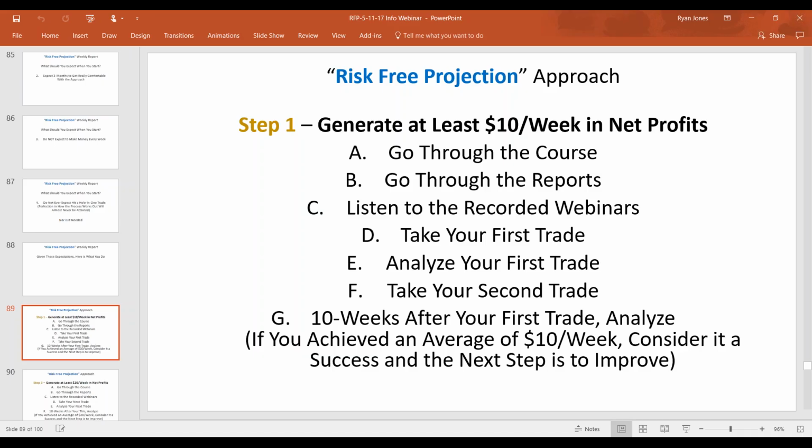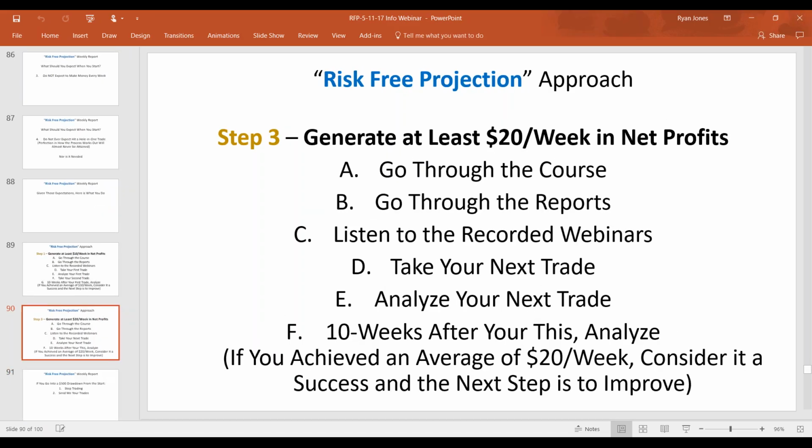And the next step is to improve that weekly result. All right, so very, very important. If you achieved that, then you go through the process again, right? So following 10 weeks, you go through the same thing: you go through the course again, go through the reports, go through the recorded webinars, analyze your trades, take another trade, take another trade. 10 weeks after this, analyze it. If you've achieved $20 a week, consider it a success and move to the next step. You improve, right? Those are what you should realistically be expecting,